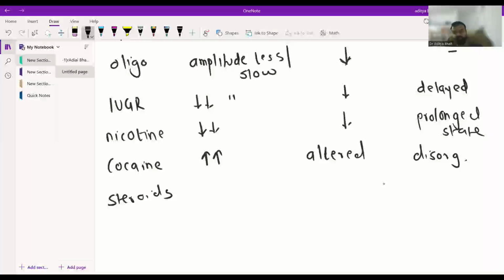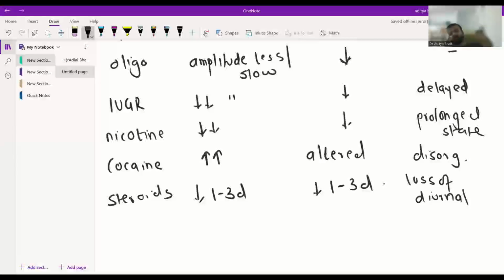Steroids is very, very important. Steroids temporarily for 1 to 3 days decrease the fetal movement. Okay, steroid decreases movement and breathing for 1 to 3 days, and there is loss of diurnal variation. Obviously, see, it is said that more fetal movements are felt during the night compared to the day. Now you will ask why. Obviously, during the day when the mother will be moving around, the amniotic fluid that is around the